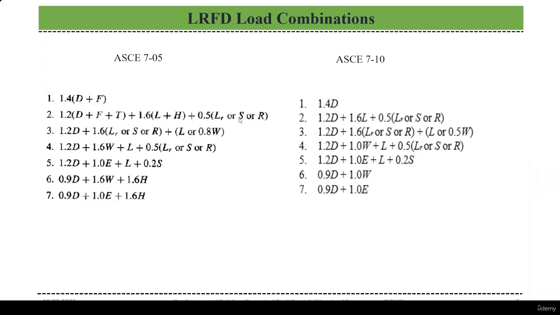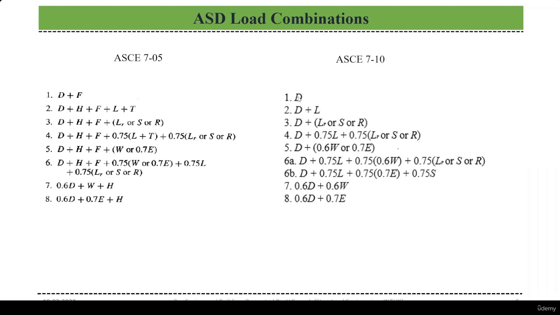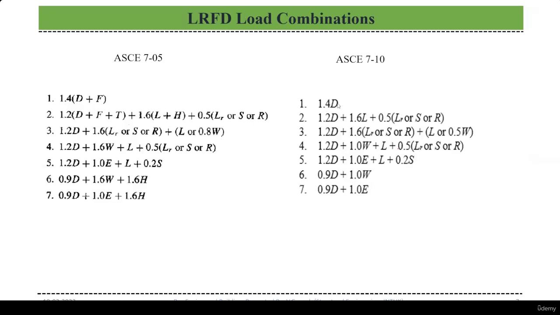And these are LRFD combinations. If you observe ASD combinations and LRFD combinations, the factors in LRFD combinations are always more than 1. Suppose we take the first load combination here: if we take dead load factor 1 here, in LRFD it is 1.4. So LRFD combinations will always use factors more than 1,